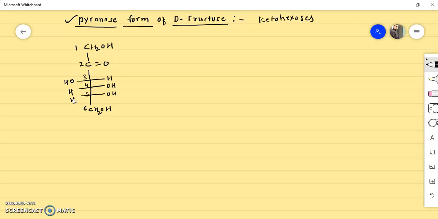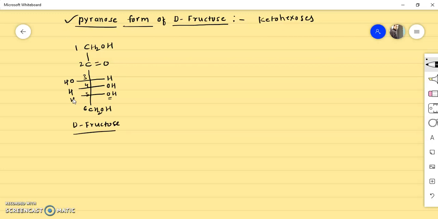To remember the structure of D-fructose, you just remember that carbon number 1 is CH2OH and carbon number 6 is also CH2OH. In between at 2 position there is a free carbonyl group, and at carbon number 3 the OH group is on left hand side, and carbon numbers 4 and 5 have OH group on right hand side. So you know the carbon which is second last from the bottom has hydroxy group on right hand side, so it is the D-fructose. Okay, so this is the structure of D-fructose.